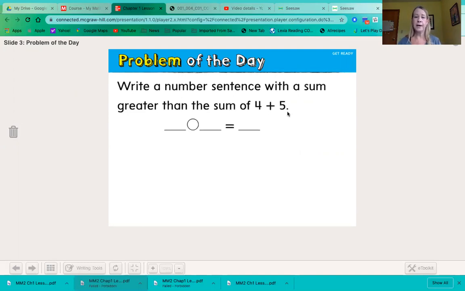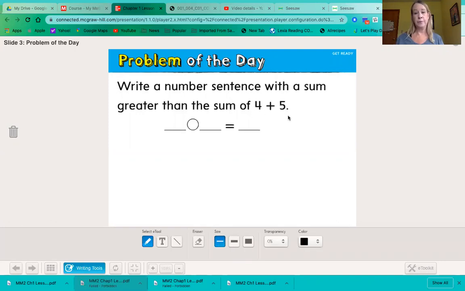So in order to do that, I need to think of what is the sum of 4 plus 5. So I know 5 plus 5 is 10, and 4 is 1 less, so the sum would be 9, 1 less than 10. So I need to make a number sentence with the sum that is greater than 9. So if I use numbers that are greater than these two numbers, then my sum will be greater than this sum. So instead of 4, I'm going to pick 6